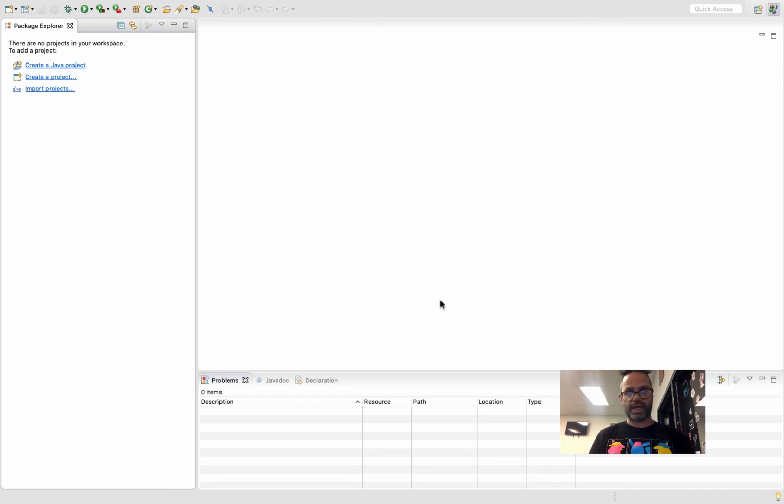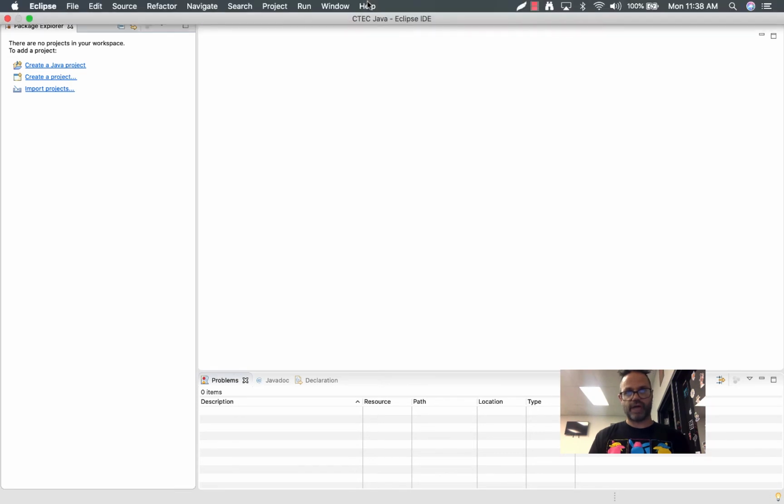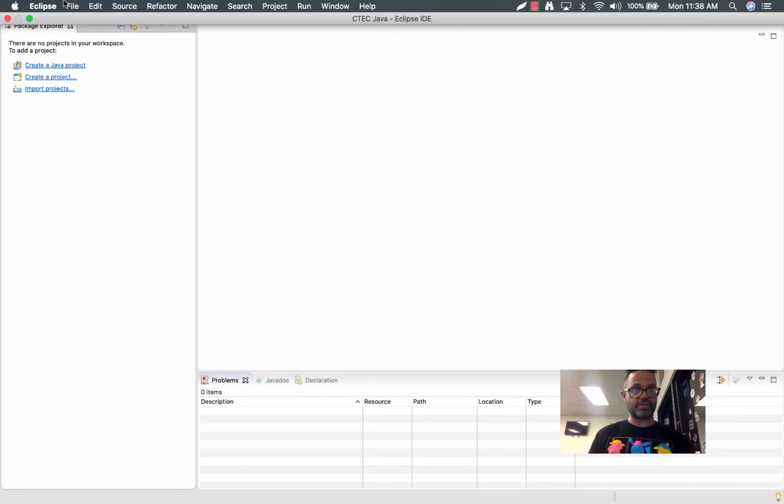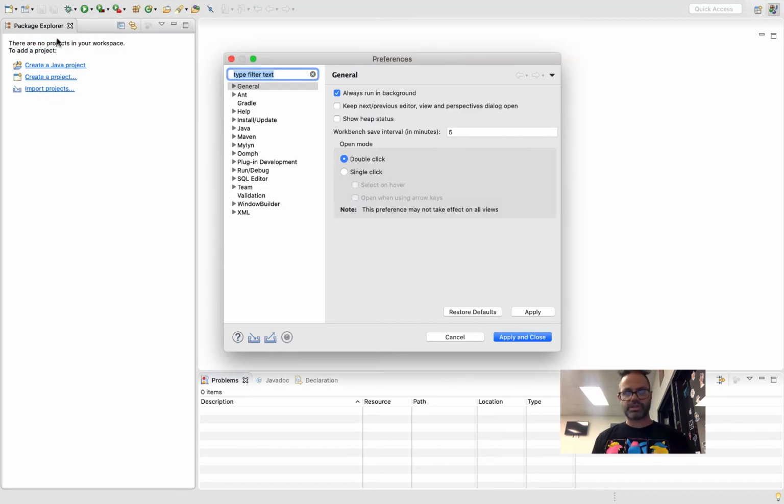On a Mac, when we maximize the screen, the drop-down menu collapses out of the way so we can get access to that. We'll put projects in, but the first thing we want to do is our settings for Eclipse so we can have it working the way we want it to. To access settings, we can go up under Eclipse and then Preferences, or Command and Comma on a Mac. It brings us to the Preferences section,